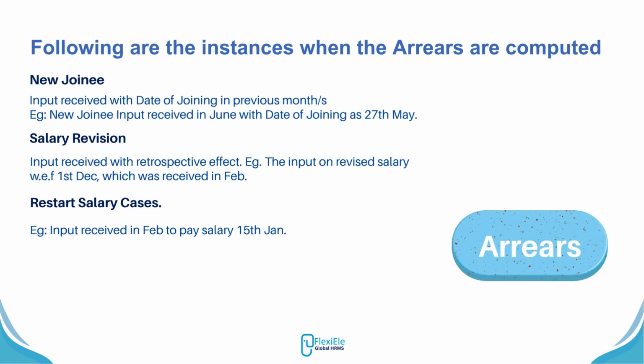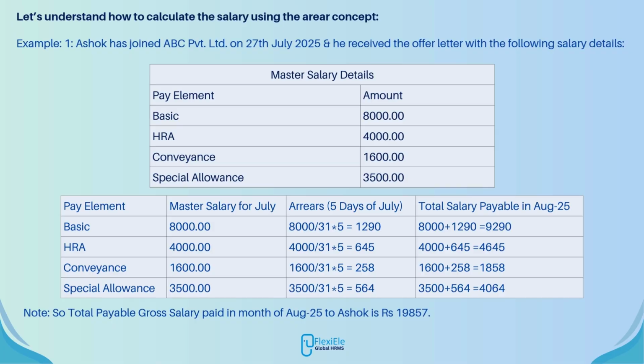Now let's take an example to understand how arrears actually work. Suppose Ashok joined a company on 27th July. Since he joined at the end of the month and payroll for July was already processed, he didn't receive any salary for that month. Instead, his salary for 5 days in July will be paid in August as arrears. To calculate the arrears, again each component is divided by 31 days as the month of July has 31 days,